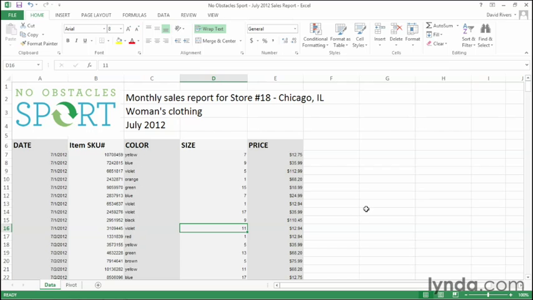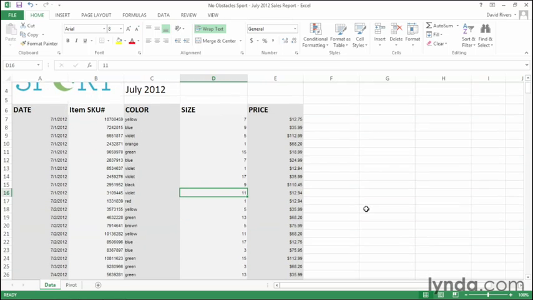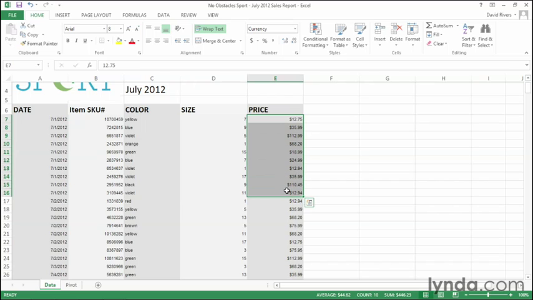July 2012 sales report. Just going to scroll down a little bit so we can see all of the sales for the first day in July. They go from row 7 all the way down to row 16. Now let's say we want to analyze over here in the price column our sales for that day. We'll click and drag from cell E7 all the way down to E16, and we've highlighted all of our sales